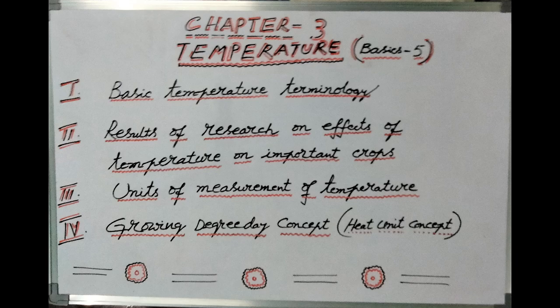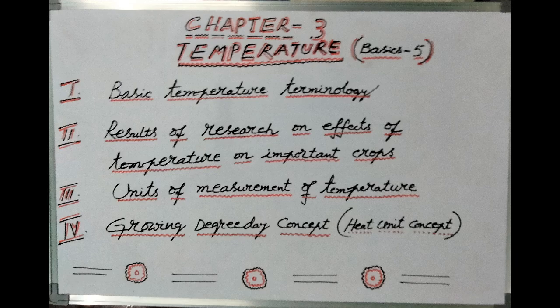Okay, what is it? In just 1 minute, in a basic class, you don't need much about it, but I would like to enlighten you in 1 minute. This is a small and simple concept relating plant growth, development and maturity to air temperature. The growth of plants is dependent on the total amount of heat to which it is subjected during its lifetime, that is growth, development and maturity.